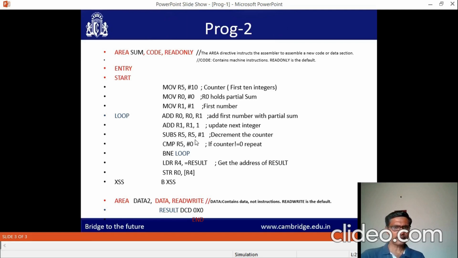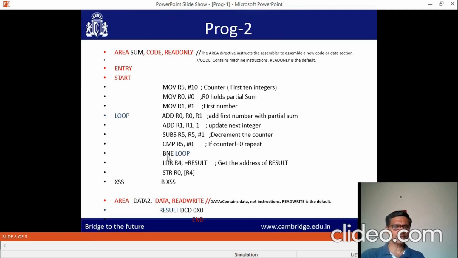Then again decrement the counter. Subtract 1 from R5, so its new value is 8. Again compare R5 with 0. If not 0, repeat the loop. The loop is repeated continuously until R5 becomes 0.